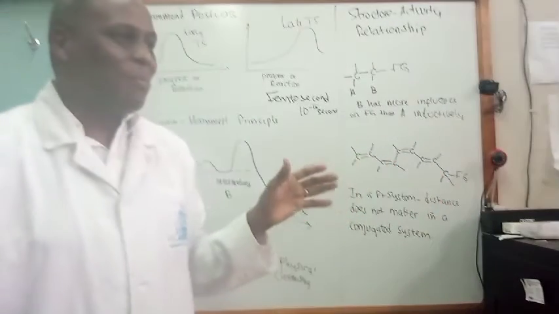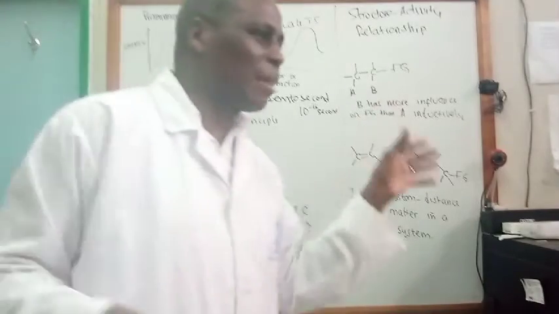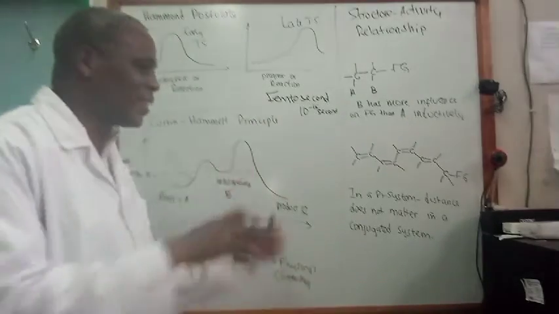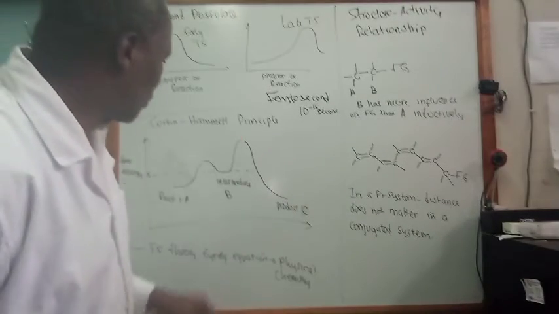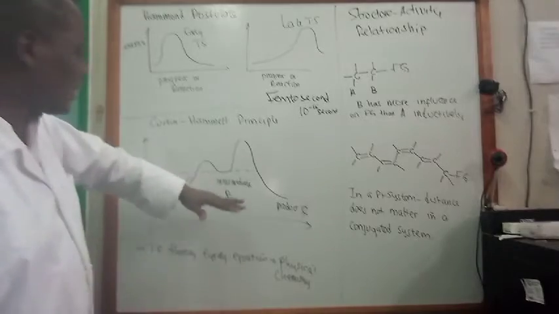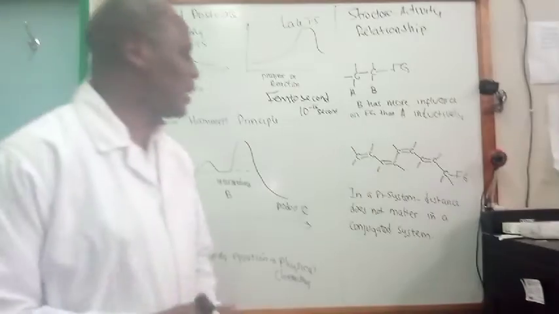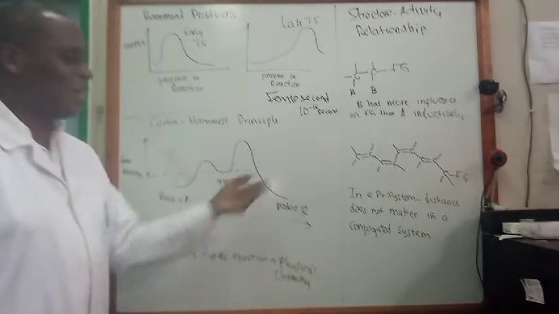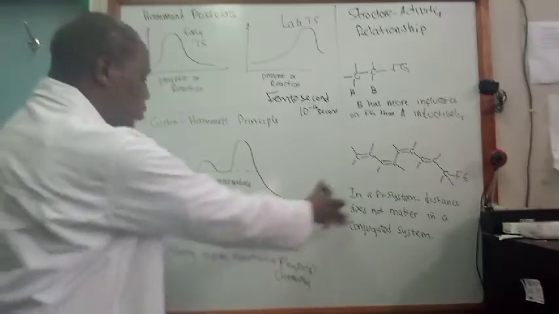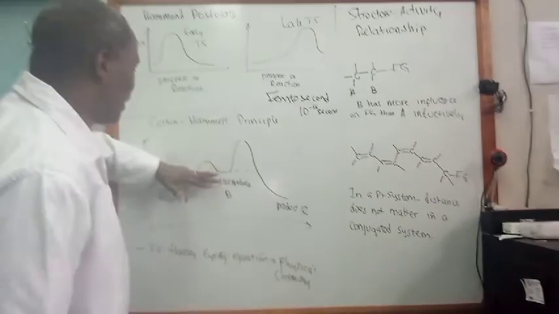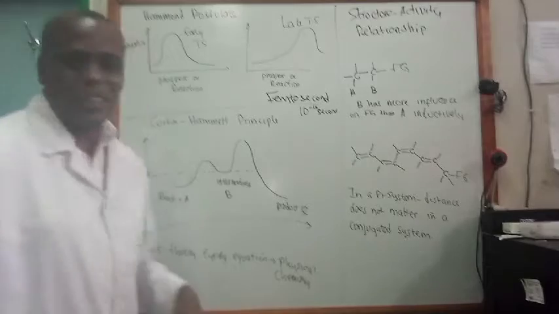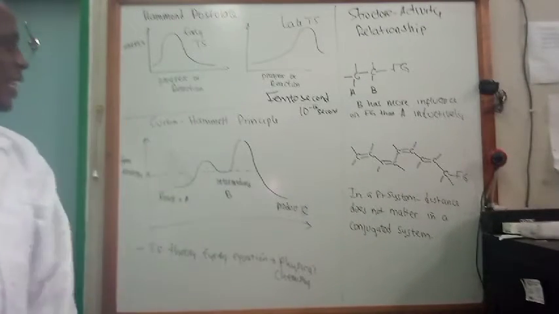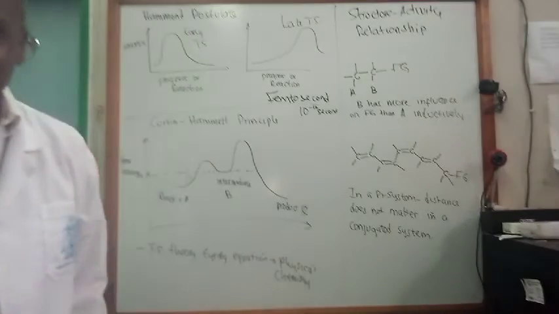It throws into spin all these things about thermodynamic stability, and therefore this thing is going to be formed in larger quantities and everything, all those kinds of things. So what matters is the hill to be overcome, that activation energy hill that will determine what the product, or the ratio between what's going to be formed. It will be determined by this hill, irrespective of the stability of whatever is being formed. Are we together? So that is the Curtin-Hammett principle.